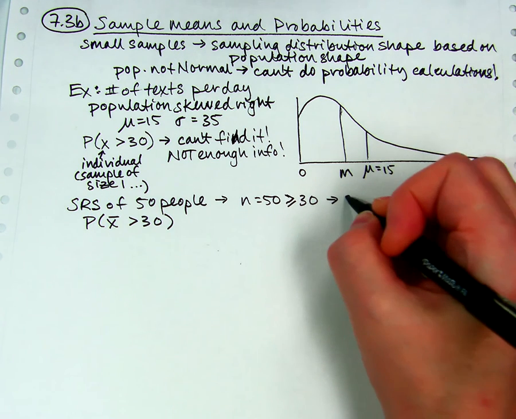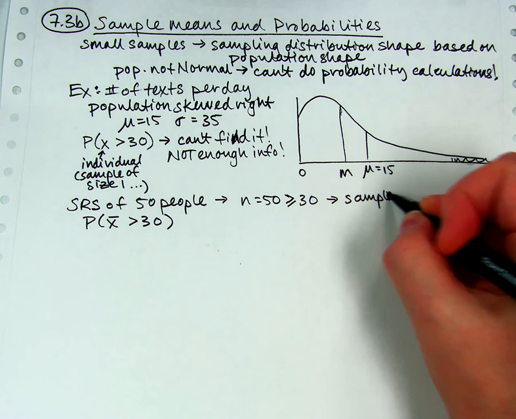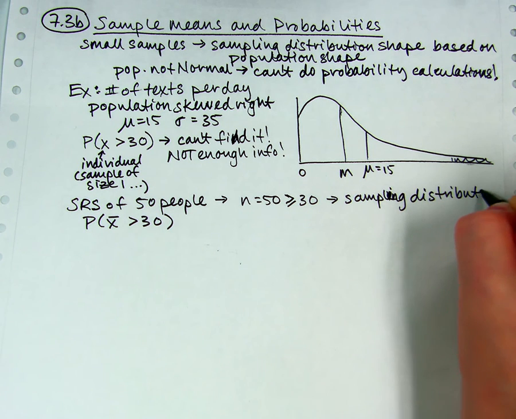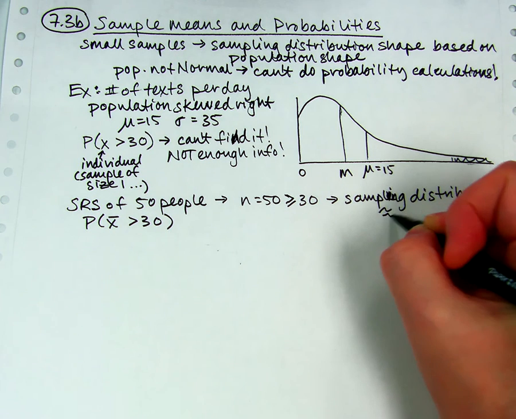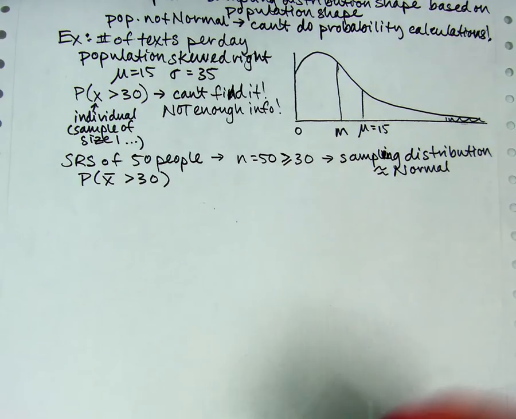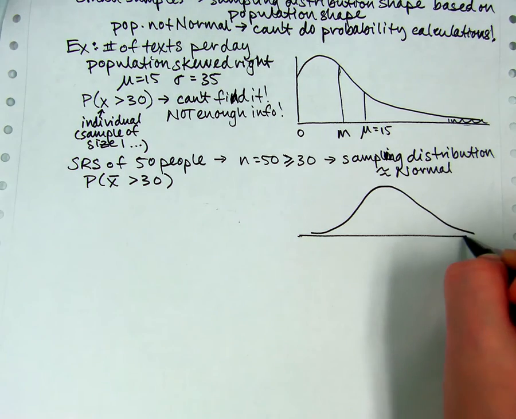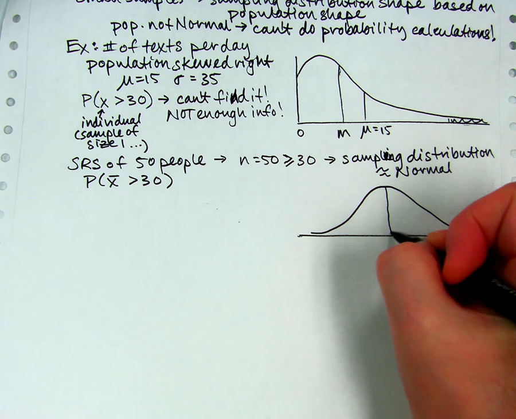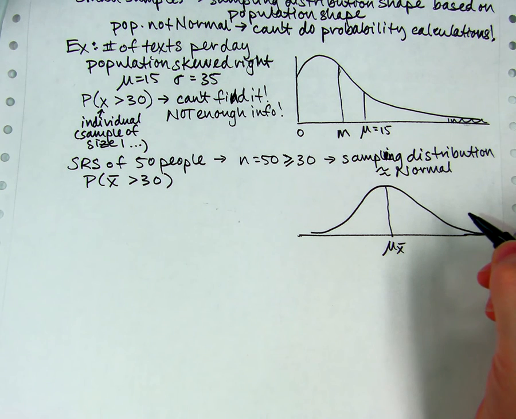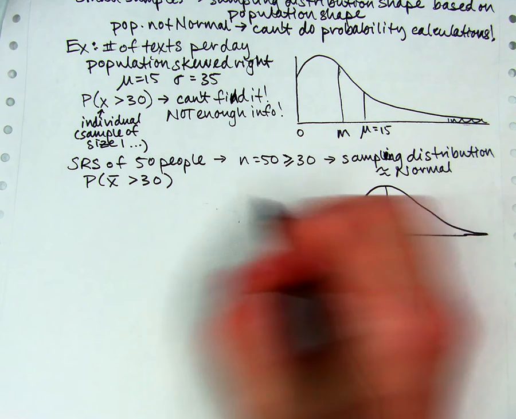That means that my sampling distribution, not my samples or not my population, but my sampling distribution is approximately normal. That's wonderful. That means I can do it. So because the sampling distribution is approximately normal, let's draw a normal curve. And let's say we need to find the mean, the mean of all the x bars. Do you know what the mean of all the x bars is?